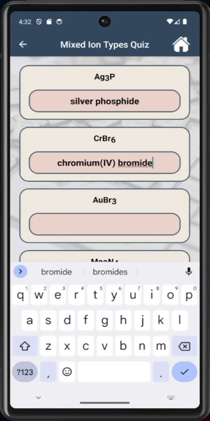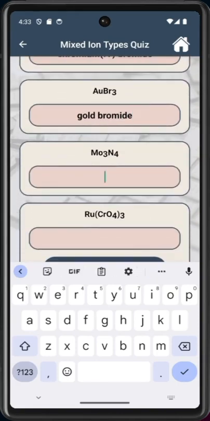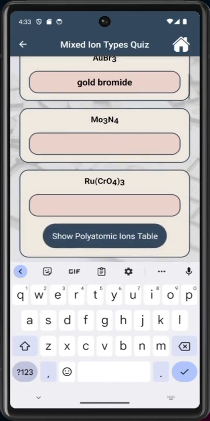just to show you what will happen with statistics. This is gold. It should have Roman numerals because it's a transition metal. However, I'm not going to include them so that I can see what kind of errors I'm going to get. I'm going to leave this one blank. This one I'm going to do